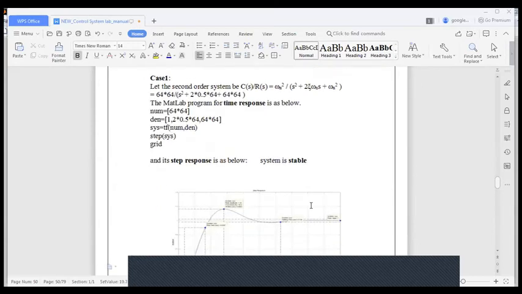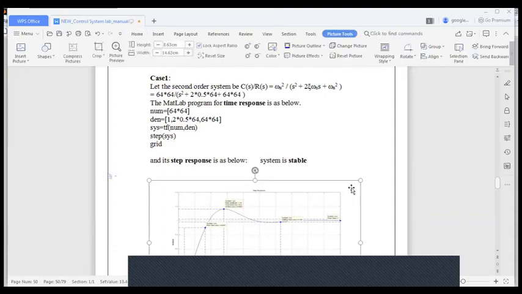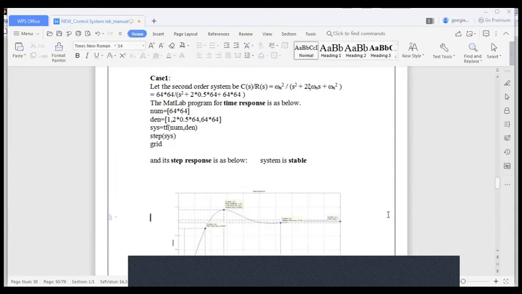In case one, it is with respect to the original transfer function. We have already seen this. Now with respect to this, when you change the pole location, we have to observe the response. This is the original function, which you need not check once again.